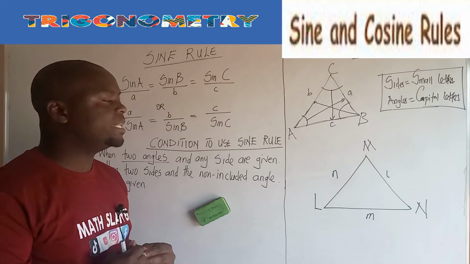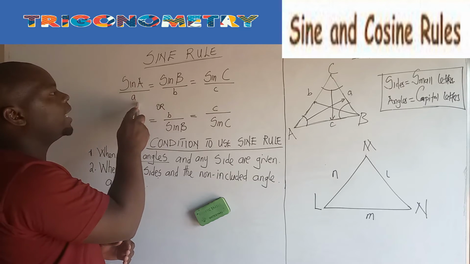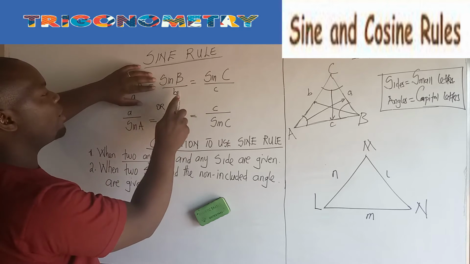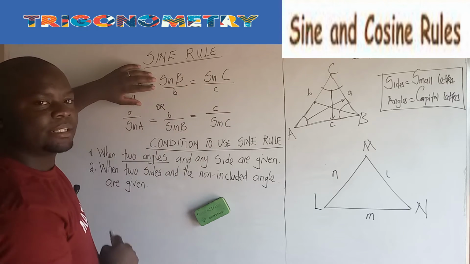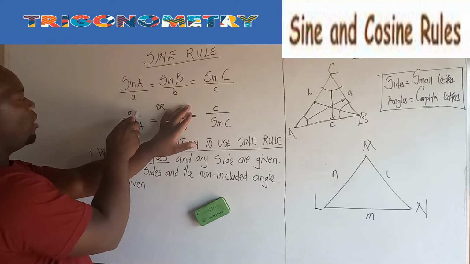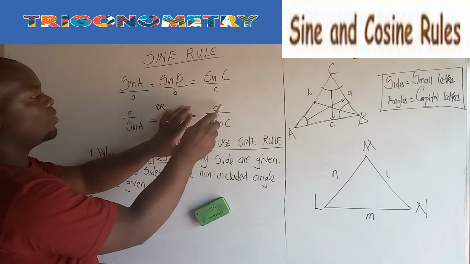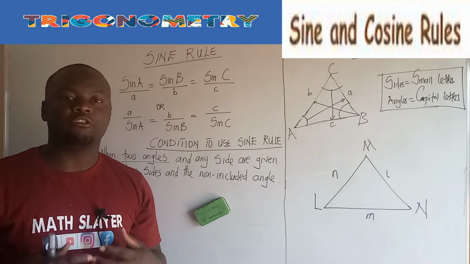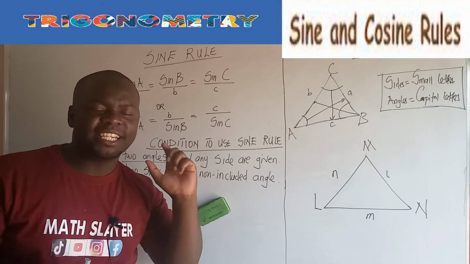So by that I mean you can use sine A over A is equal to sine C over C, or you can use sine B over B is equal to sine C over C. If you want, you can use A over sine A is equal to C over sine C. So having appreciated the formula for sine rule, now what are the conditions